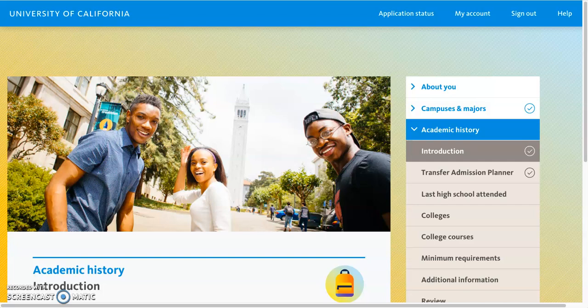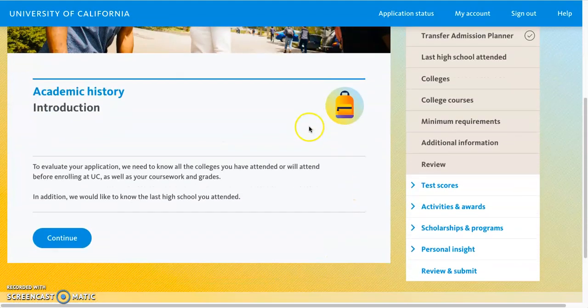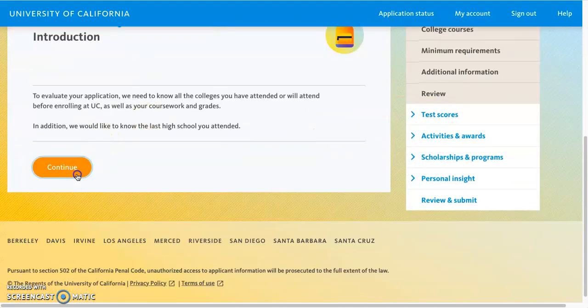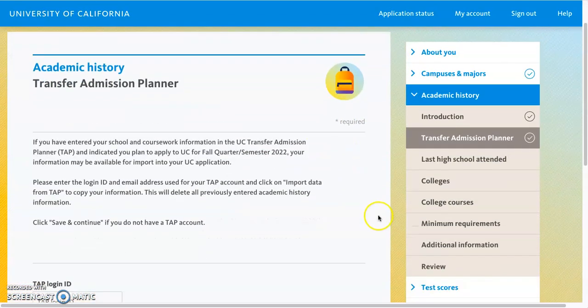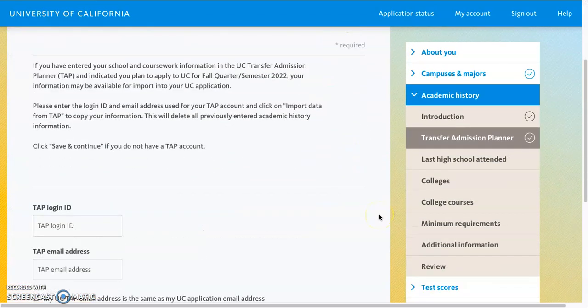In this video, we're going to show you how to fill out the academic history of the UC application. On this introduction screen, you just want to go ahead and click on Continue. And here you will see the option to import any data you have from your TAP account if you have